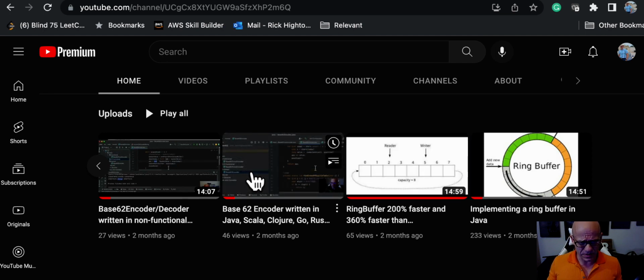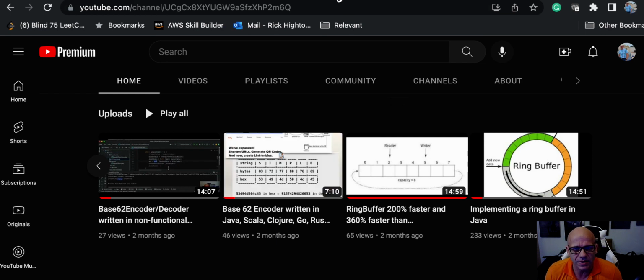And then there's a little project I did just to learn a couple of different languages. I was interested in comparing the functional aspects of different programming languages. So I wrote this little Base62 encoder, which you typically see for URL shortening, like bit.ly and whatnot. I describe what that is, and then I show an example in Java, and that was video 3, and then in video 4 I convert that into